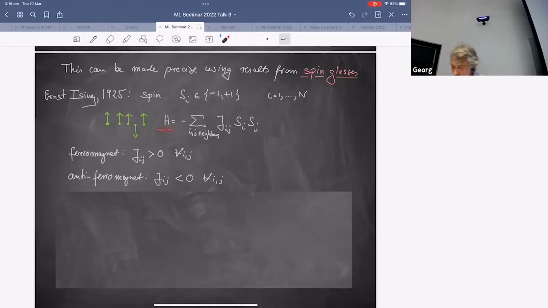This function H describes this interaction, or it's an energy of the system that describes the interaction between neighboring spins. So i and j are neighbors. If all the J's are positive, we want to find the minimum of this. If we ignore boundary conditions and put them on a ring, then they will all line up in the same direction. There's a minus here, so we're going to get a minimum of this symmetry. That's the minimum we want.